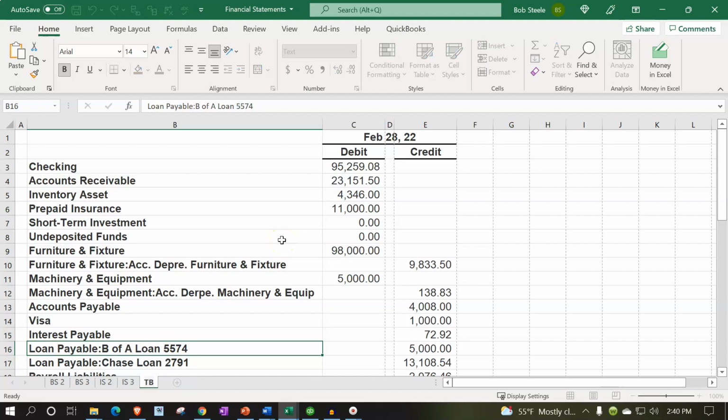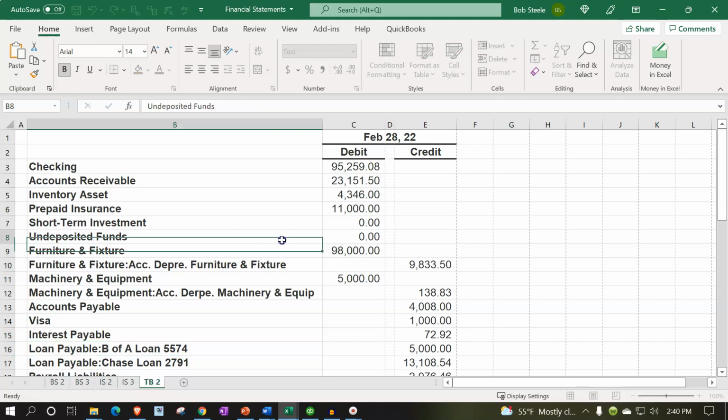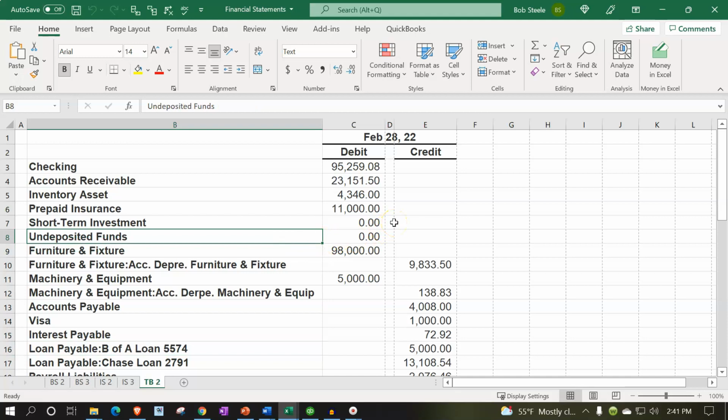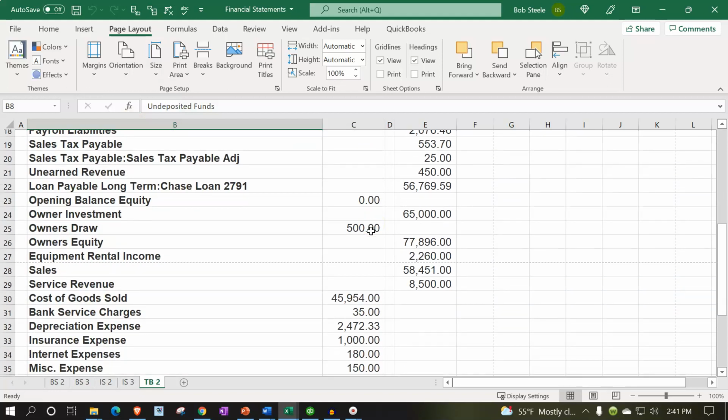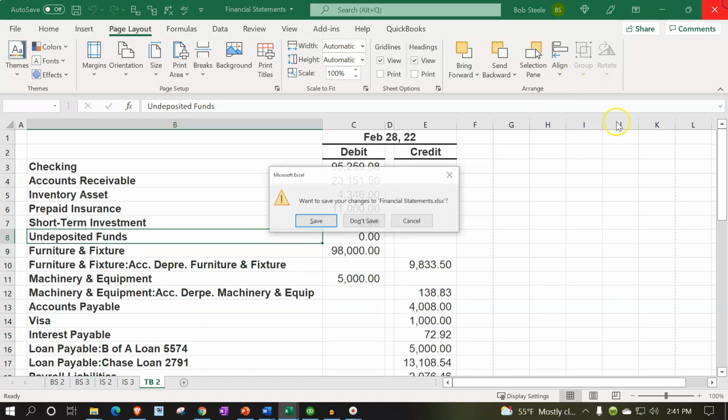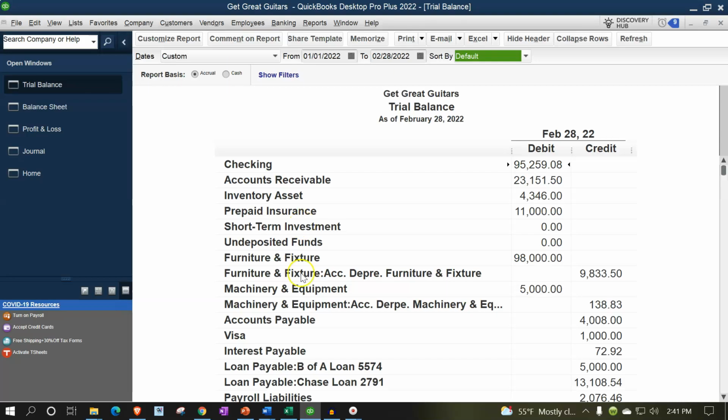And then the trial balance, and this is going to be trial balance for 2. And for some reason, it's not on one page. So one way to fix that is I can go to the landscape and then say orientation, make it landscape on the orientation. Now it's on 1 page wide, which is all I really care about. So I'm going to save that, save it, and go back here again, and then I'm just going to change